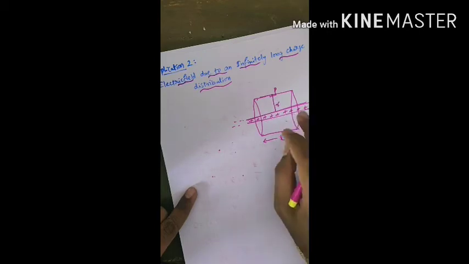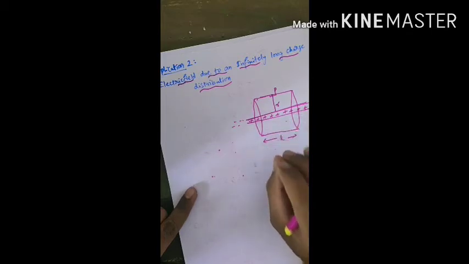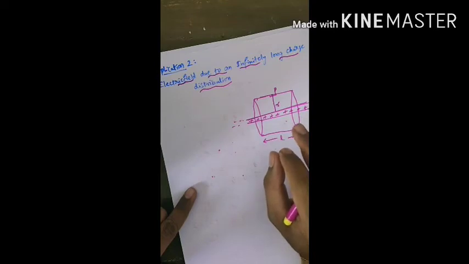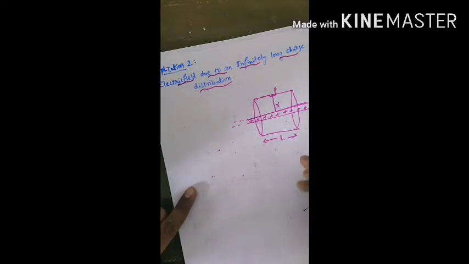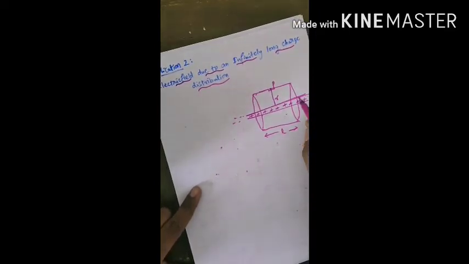Again, all the points on the curved surface are at the same perpendicular distance from the line charge. So the direction of the field at any point on the curved surface is normal to the line, that is, normal to the cylindrical surface. Next, in order to determine the electric field at P, consider or construct a small area ds around P.